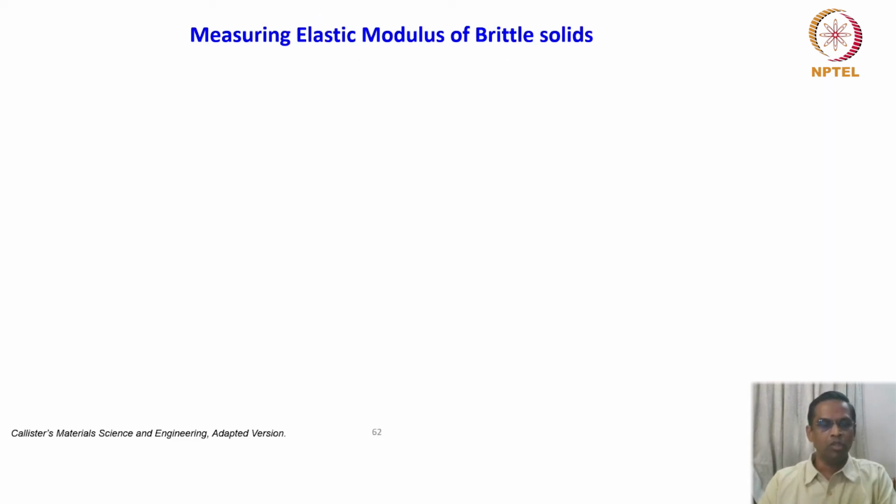So now we will move on to brittle solids. So we looked at metals, we looked at polymers, and we also looked at compression testing for small specimens. And we will now look at the brittle solids. How do we measure tensile strength of a brittle solid? Because fabrication of the sample itself is going to be a limitation. We cannot fabricate them, we cannot machine them.